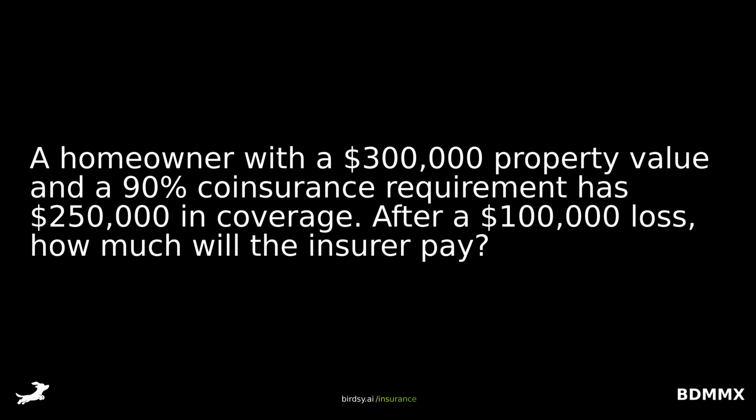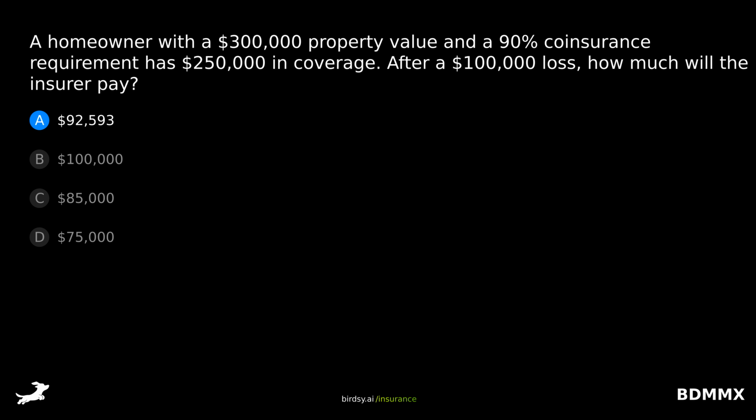A homeowner with a $300,000 property value and a 90% coinsurance requirement has $250,000 in coverage. After a $100,000 loss, how much will the insurer pay? Is it A, $92,593, B, $100,000, C, $85,000, or D, $75,000? The answer is A,